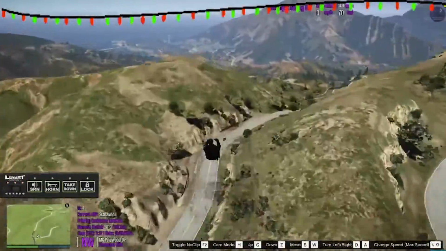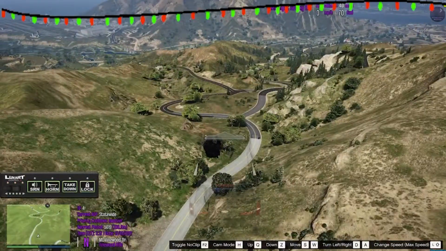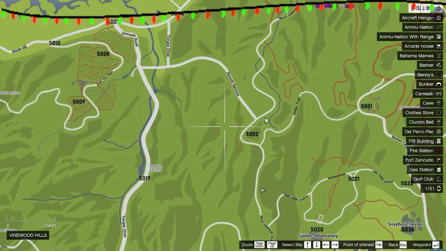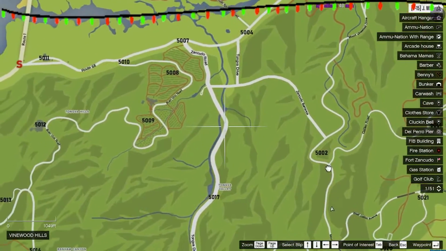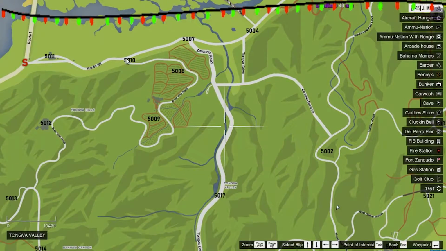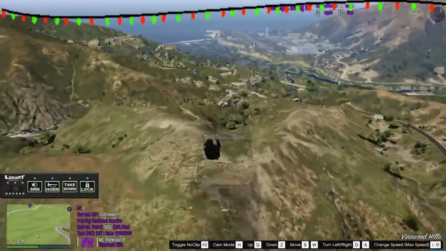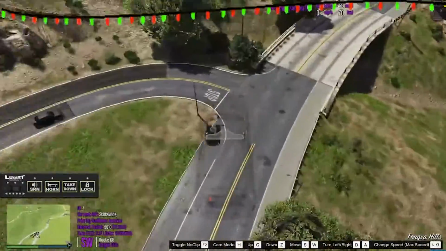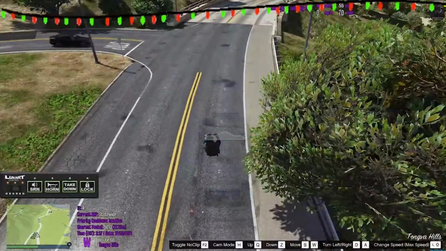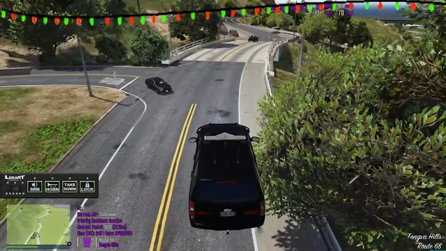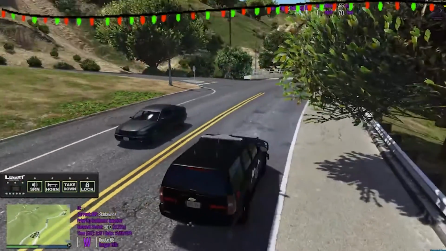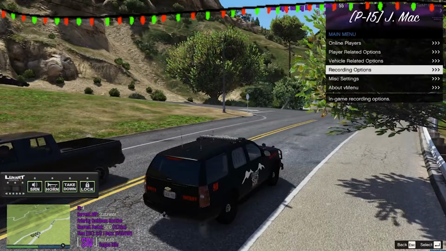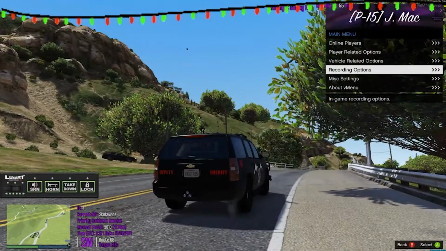I hate the queues like that, with the key binds. Let's see here. We could do around Zancudo and all that. Or we could do... let's go over there. Kind of do the hills there. That might be a good idea. Yep. Alright.